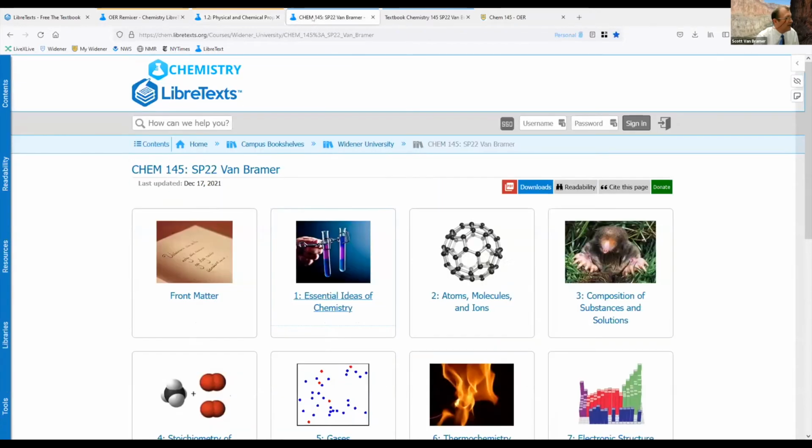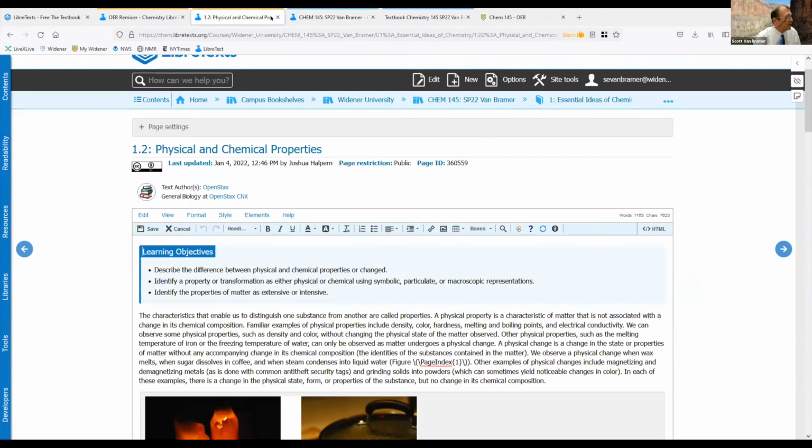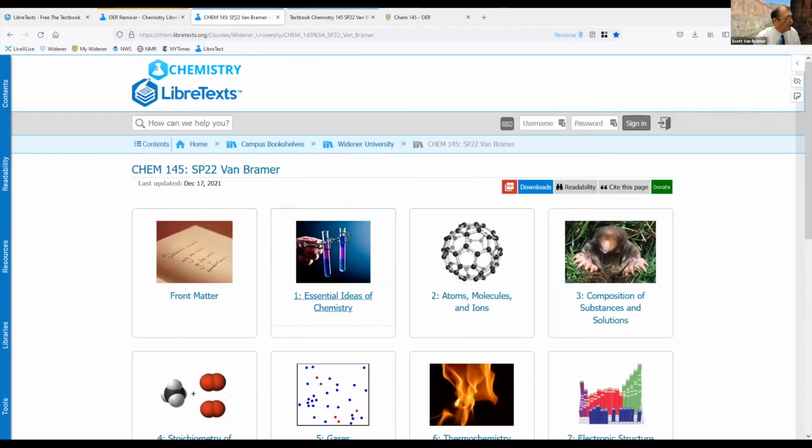But then what I want to show you next is, after that's done, how you can make it available to your students. So one way is that in the LibreText website, this book exists. And you can go to LibreText and you can go to Widener University, my course, and the whole book is there.